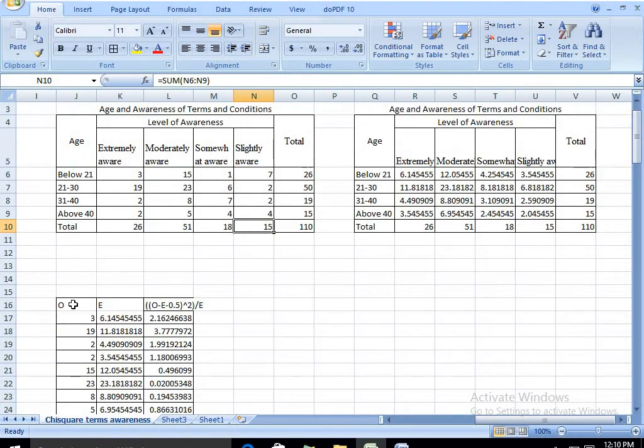Instead, everything is being done in one formula, that is this. First is O minus E minus 0.5, that has to be bracketed and the squared value has to be taken, the squared value bracketed and divided by E. If you do this in one calculation for each cell value, you will get your value. But you have to be careful in putting the brackets and using the squared value and dividing factor. All those things have to be very clear. Unless you do so, you will not be able to do it.